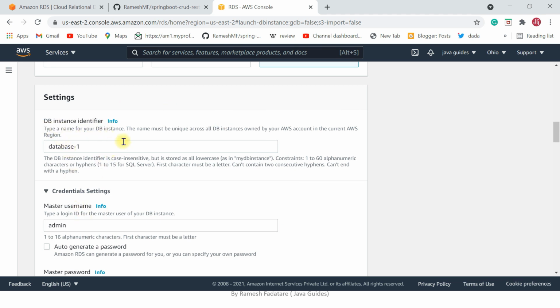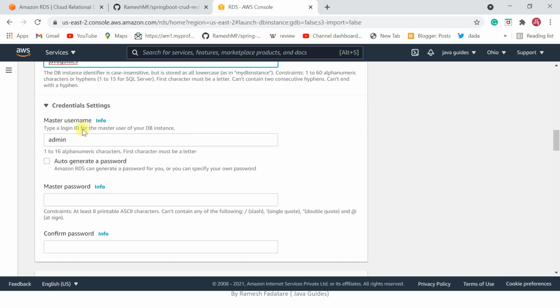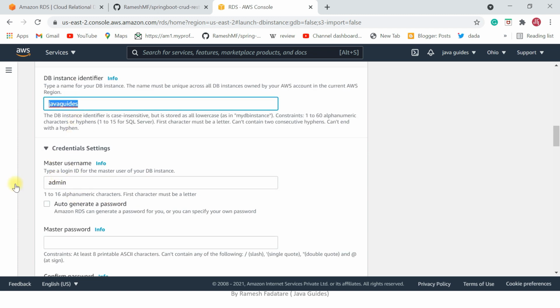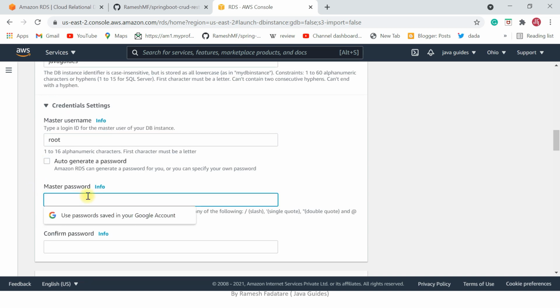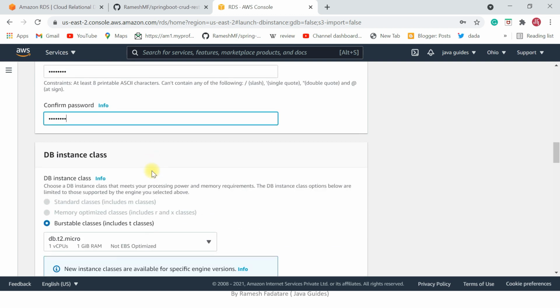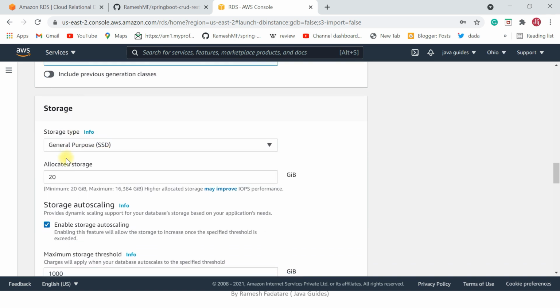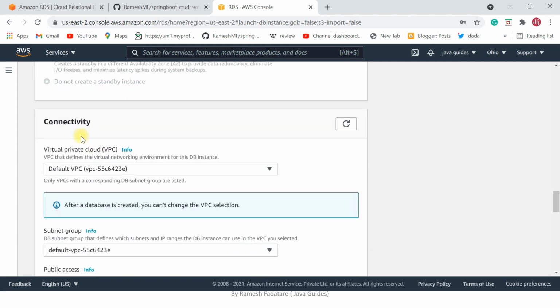instance. Well, let's go ahead and give the instance name here. Just give Java guides. I will give Java guides, you can give any name that you want. And then here we need to provide a username and password for this DB instance. So I am giving the username as root and the password as password, and the confirmation password. Alright, now let's keep this default DB instance class, that is db.t2.micro, and then storage